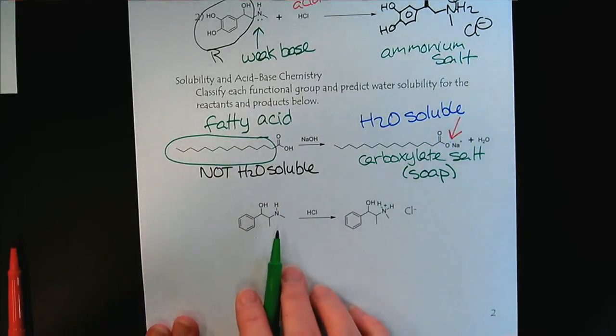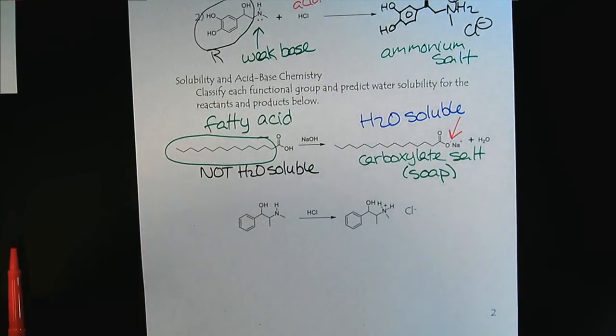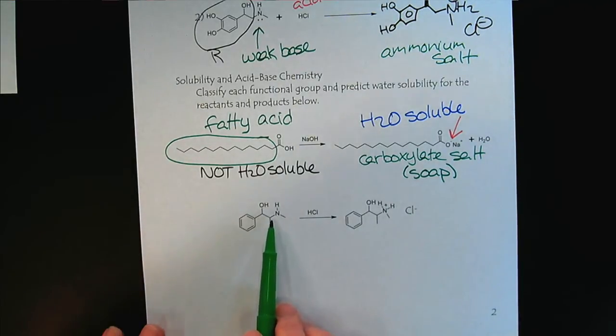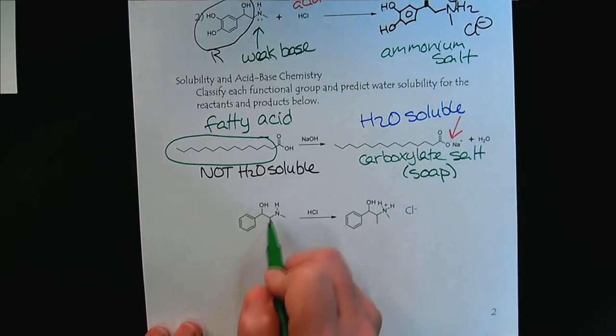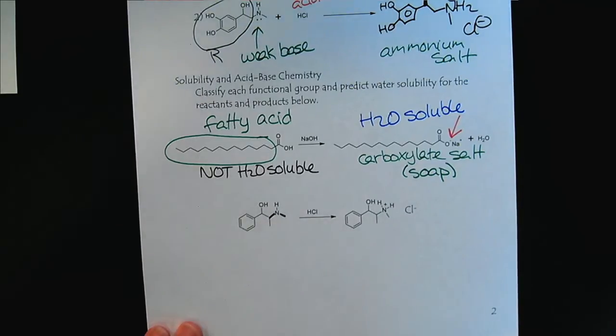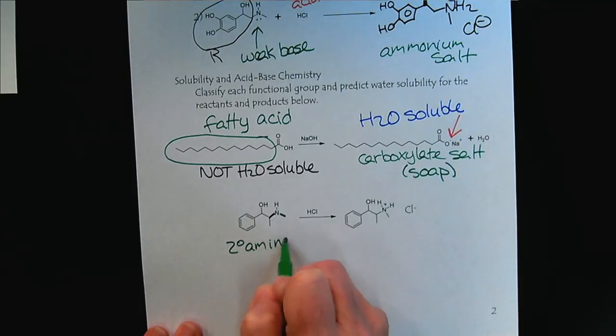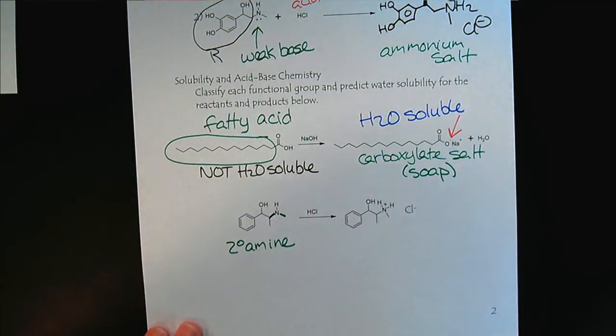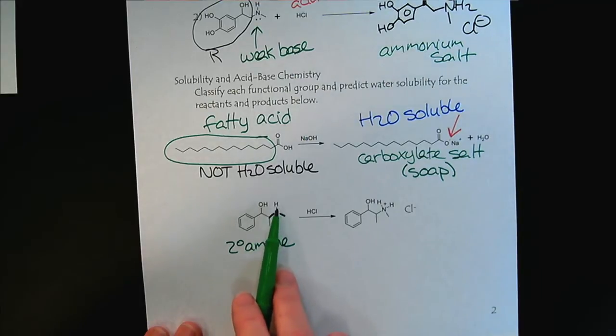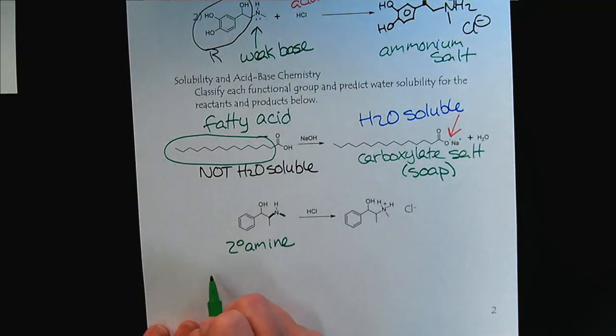So here we have our amine. And we could be more specific. What type of amine is this? And we see there are two R groups coming off of the nitrogen. So the most accurate would be a secondary amine. And this one, there is some H bonding here, but there's also quite a few nonpolar groups. So this one we would expect to have very low water solubility